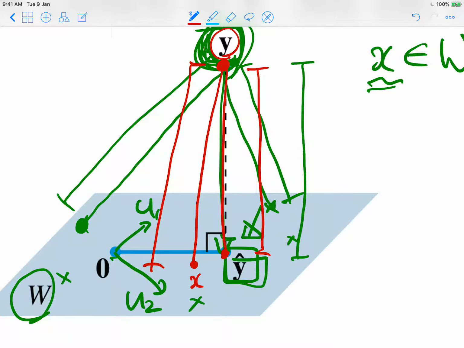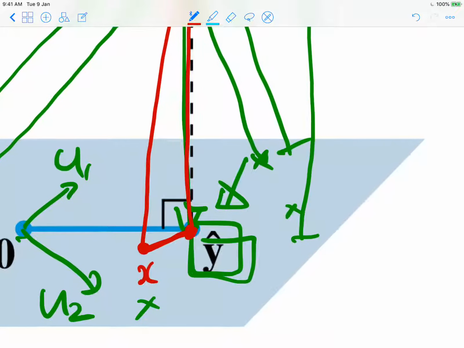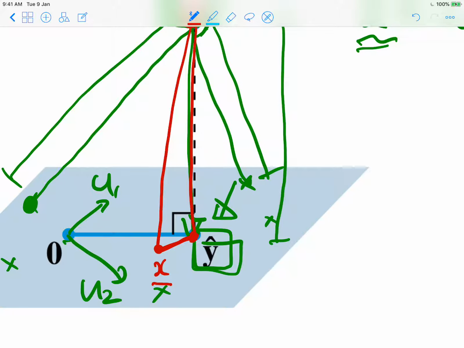So y to y hat is shorter. And why is it so? It is because we can form this triangle. This x and y hat are both inside of our W, right? So we chose two vectors inside of W, and then this vector, y hat minus x,